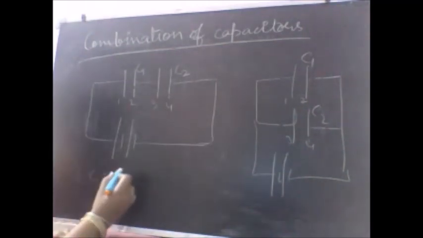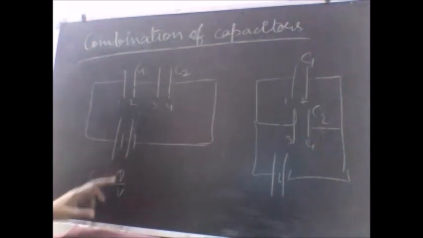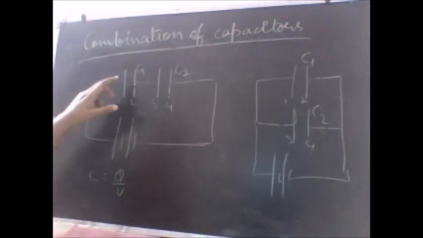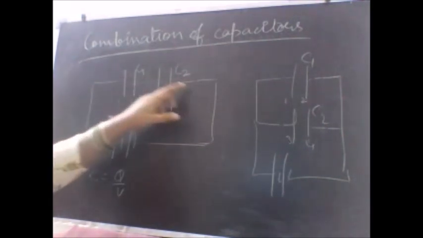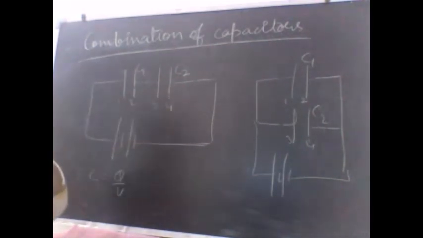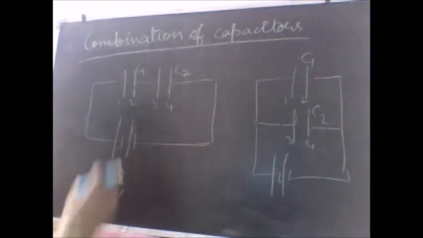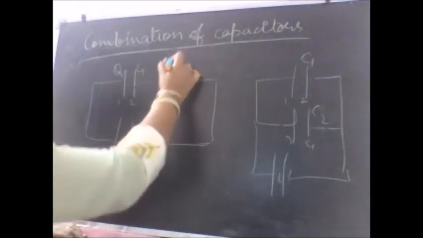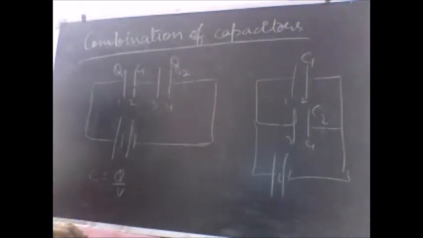What else before we actually start deriving the formula for the net capacitance? The formula here is C is equal to Q by V. So out of Q and V, one must be constant in the series combination. It is the charge that is same. In series combination, current is constant, that you studied in your 10th standard, and current is charge by time. So if current is constant, charge should also be same. So in the series combination, charge through this C1 is Q, charge through this C2 is also Q.